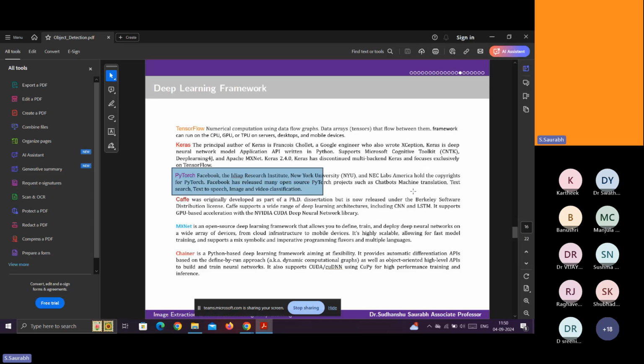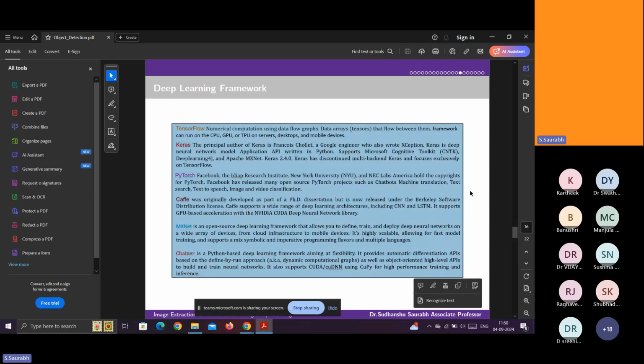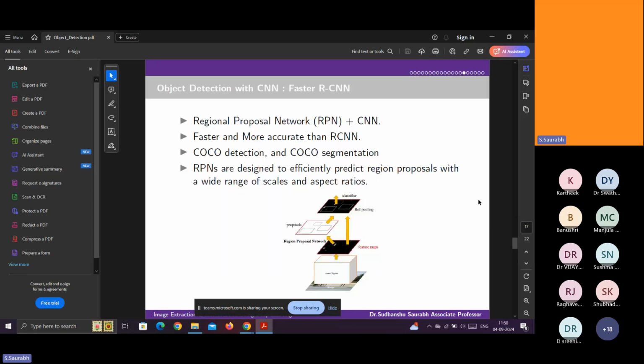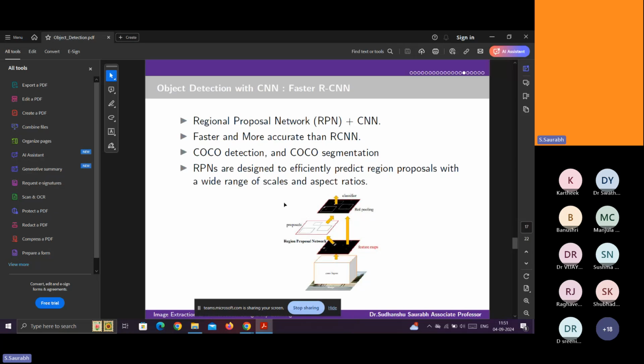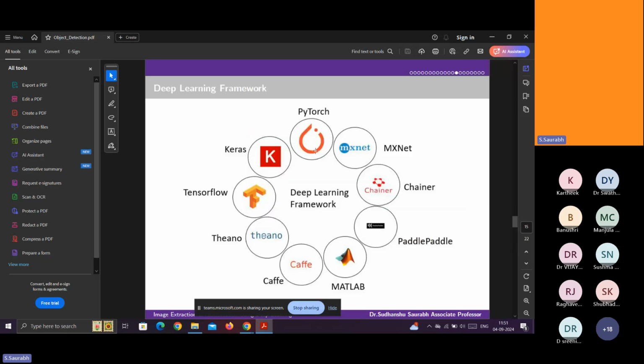Select that particular framework for your need, for your project. See, look at here. TensorFlow, Keras, and this MXNet, Chainer, Paddle, all are variants based on Python.